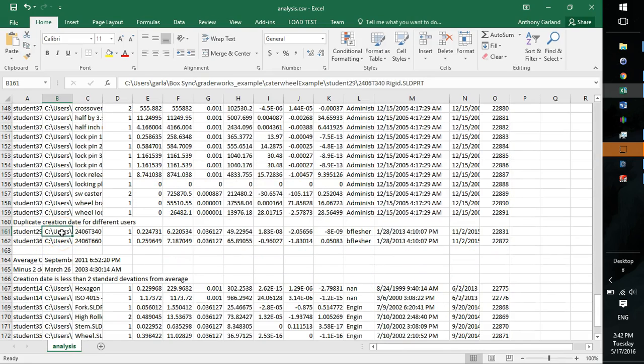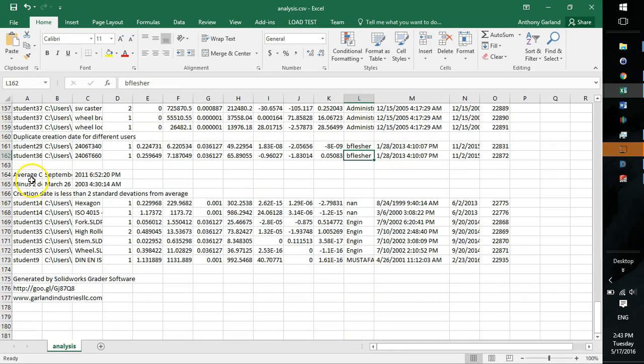This part right here, this rigid part. This is interesting because it's student 29 and student 36. So two different files were downloaded off GrabCAD, but they must use exactly the same part because they were created at exactly the same time. You can see that their last saved by name is exactly the same. Finally,